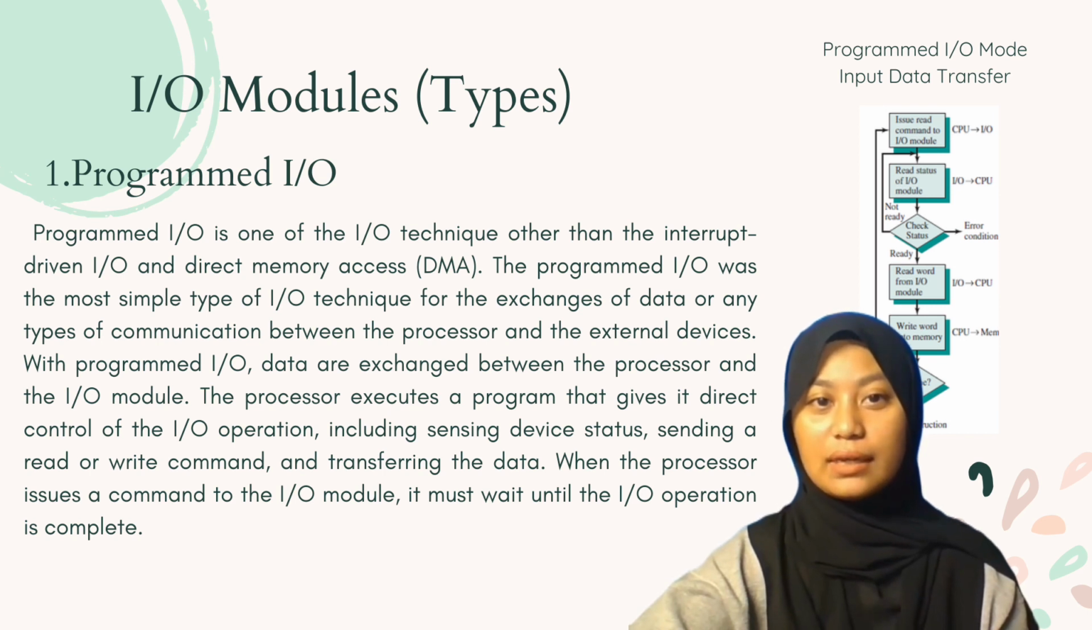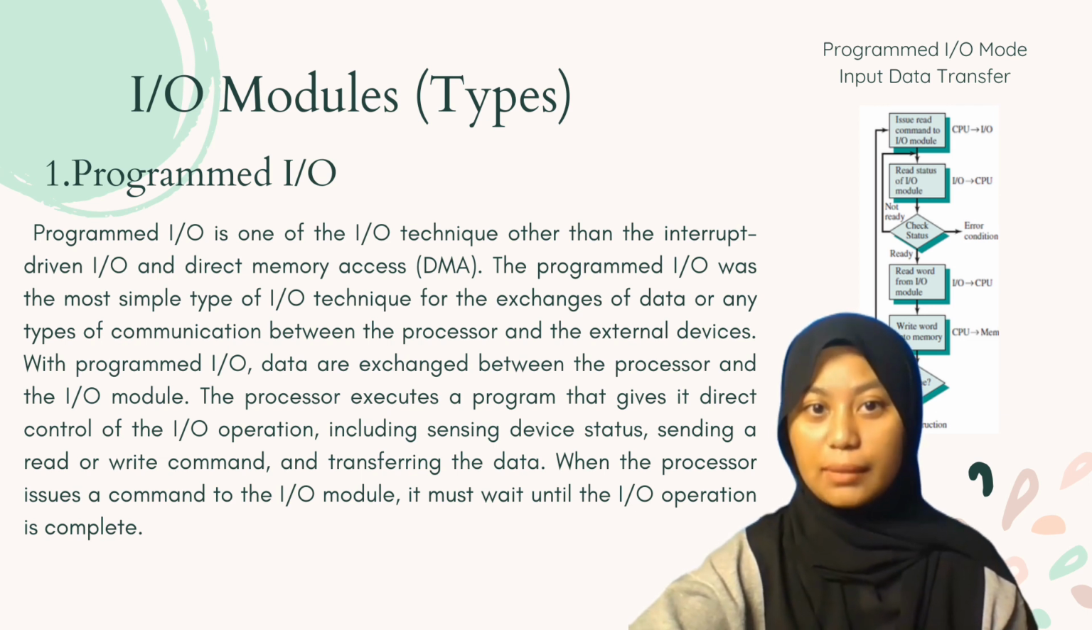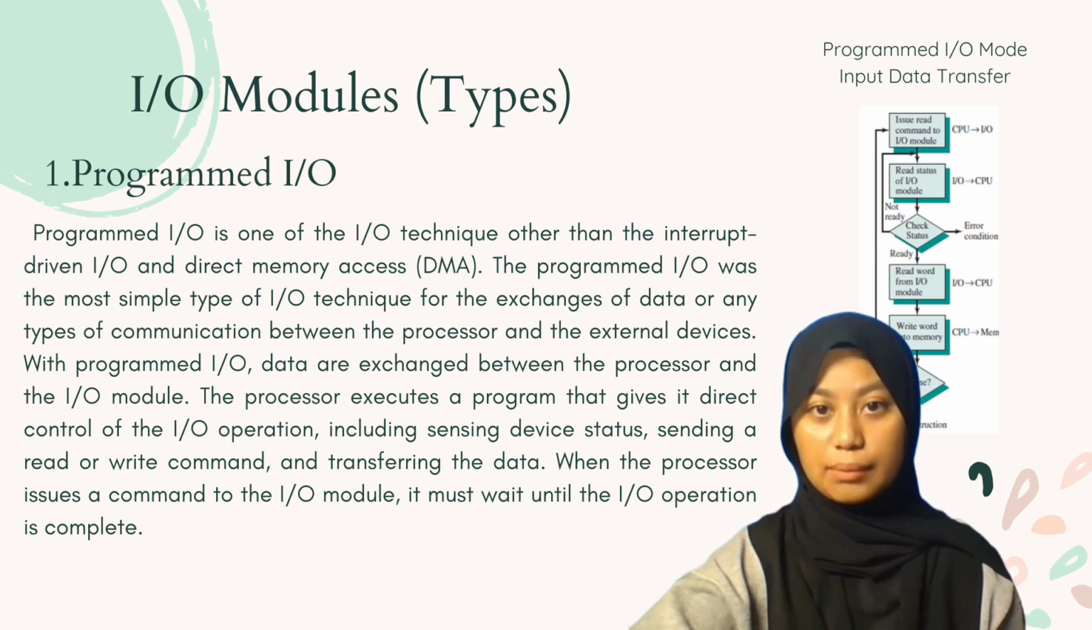The programmed I/O was the most simple type of I/O technique for the exchange of data and any types of communication between the processor and external device. With programmed I/O, data are exchanged between the processor and the I/O module. The processor executes a program that gives it direct control of the I/O operation, including sensing device status, sending a read or write command, and transferring the data. When the processor issues a command to I/O module, it must wait until the I/O operation is complete. I also include the pictures of programmed I/O mode